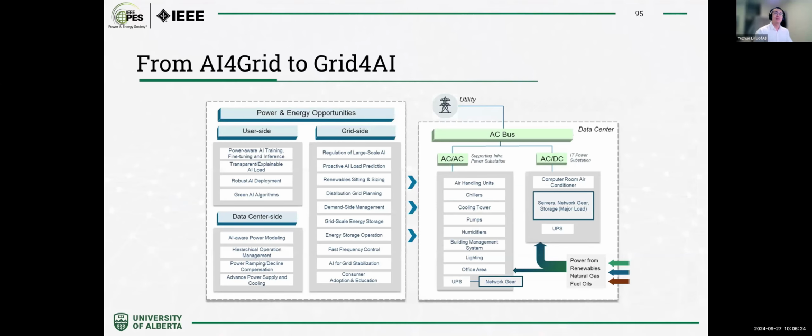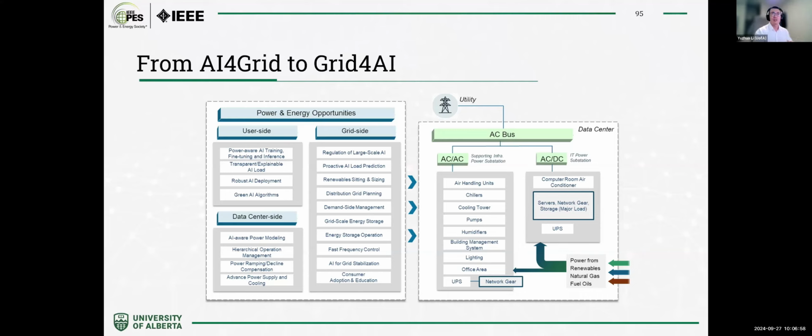So what does that mean? We should focus not only on AI for the grid. There is a lot of research on how AI algorithms can help grid research or the grid industry. But we also need to focus on the grid for AI. It means that on the grid side, we need to be prepared for AI. Here we decompose this into three main sectors, talking about the challenges and opportunities.